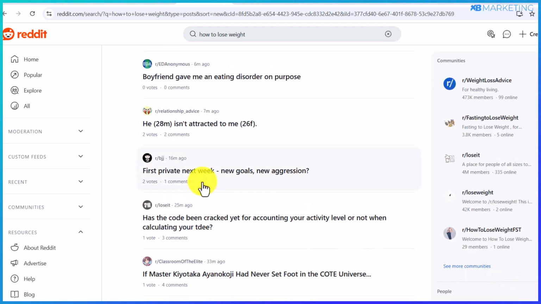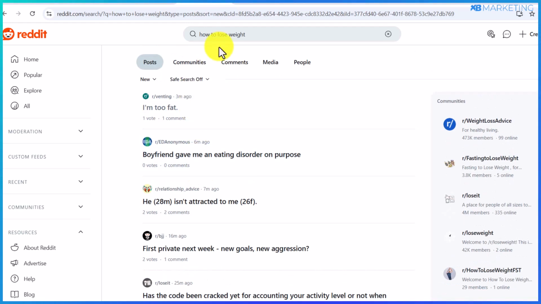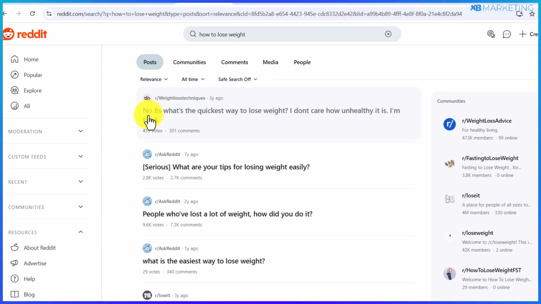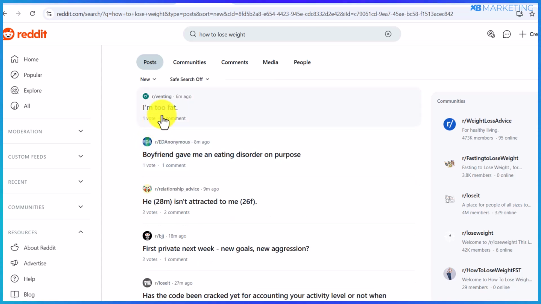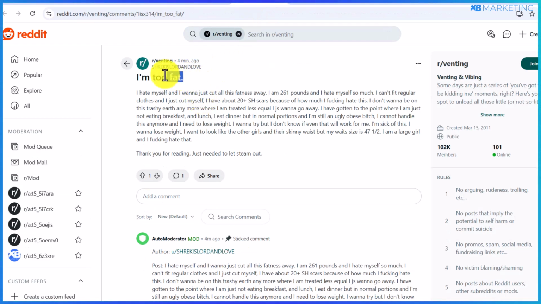You are going to see a lot of related content to this keyword that you can answer right away. And there's a very high chance you're going to get ranked as well, like this other post right here. So if I come back to relevance again, you're going to see the more questions you answer, the likelihood you are also going to get ranked with one of your answers. Okay, so if I go over to new answers again, all you simply want to do from here is to click on the post. If I take the first one here as an example again, you want to simply